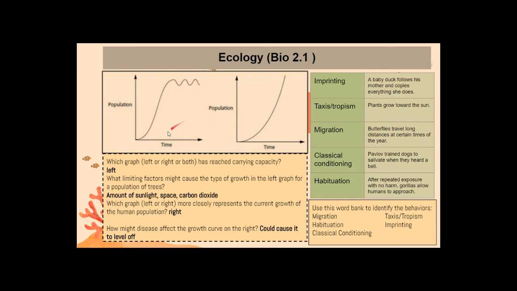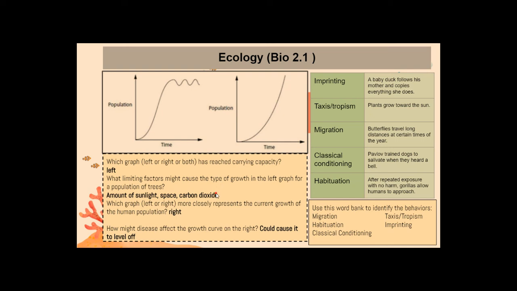So here we have carrying capacity on the left, so population goes up and then it fluctuates around carrying capacity. Remember, carrying capacity is the maximum amount of organisms an ecosystem can hold. There's only so much space for everyone and resources. Limiting factors are things that limit the population. So it's asking what might be a limiting factor for trees. So the amount of sunlight would be, they need the amount of space, carbon dioxide, because plants need that, soil,